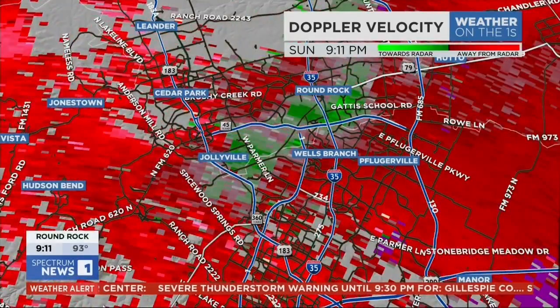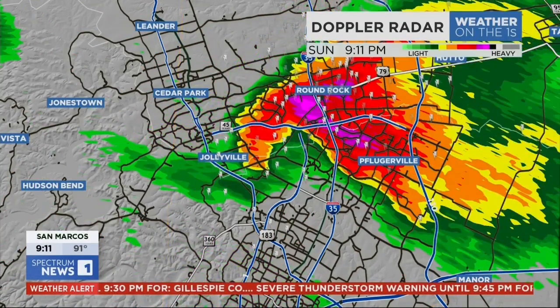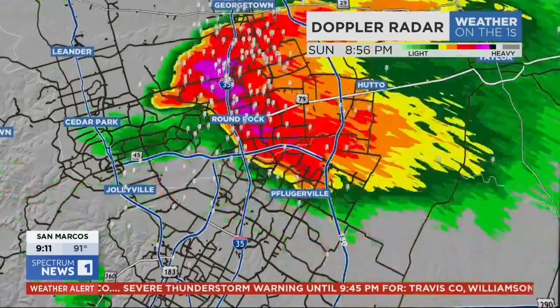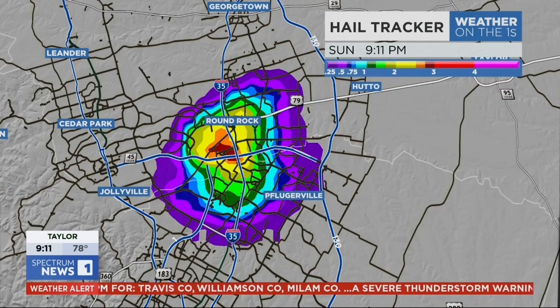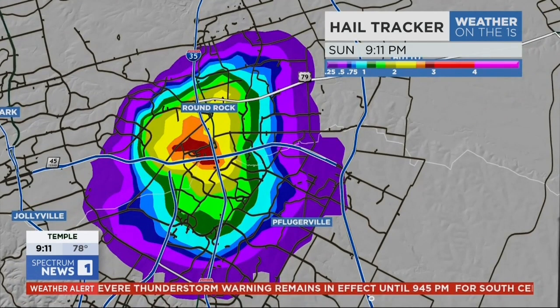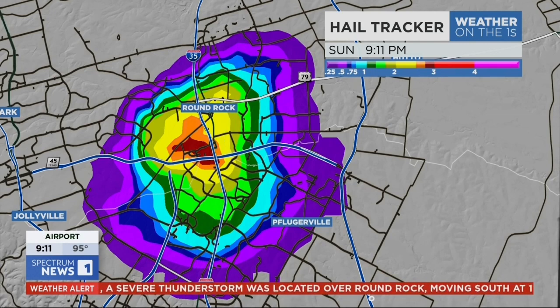So there's that. Let's go back to the radar. The storm continues to try to hook out, but hasn't really done so yet. So what we're looking at now is hail. We've still got a very intense core of hail now covering a pretty wide area. We're looking at about a 10 or 12 mile across hail core there. So this is potentially producing a lot of damage, especially if it's as large as what we're seeing indicated